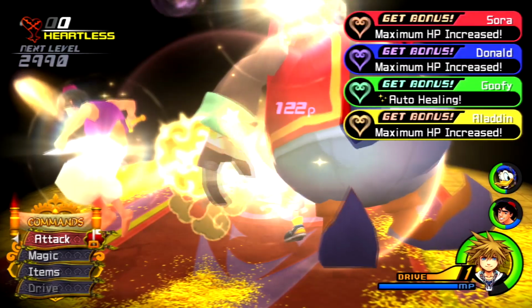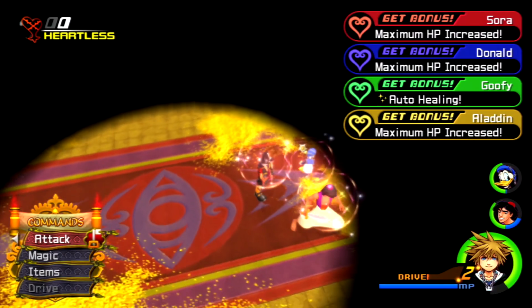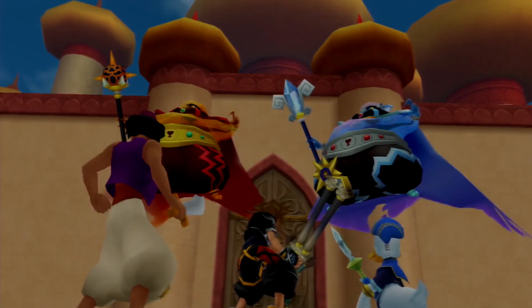For winning the 50 Heartless fight, Sora, Donald, and Aladdin accumulate an HP boost, and Goofy acquires the Auto Healing ability. We're not quite done yet. There's still a boss battle we gotta do to finish out Agrabah's first visit. We'll spawn back in New York, and then we can make our way to the palace, where we'll encounter Hans